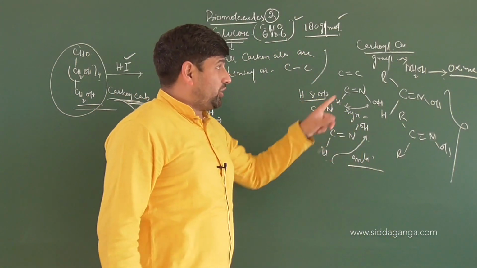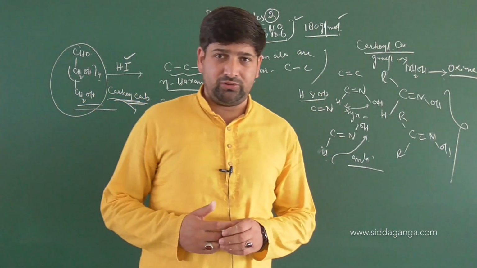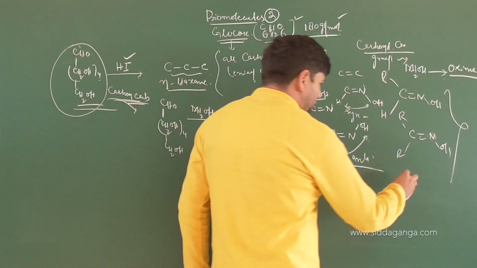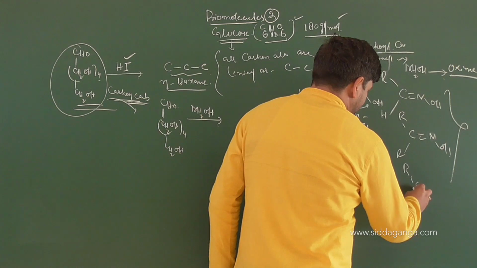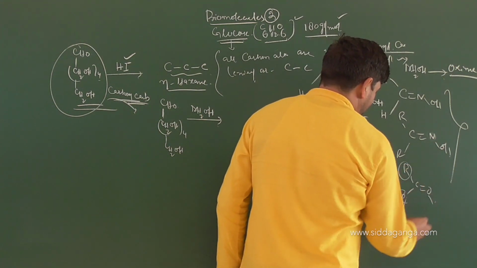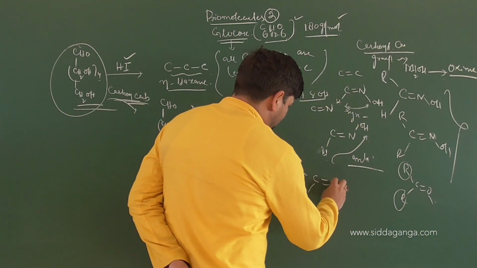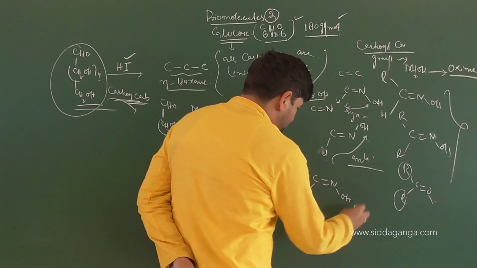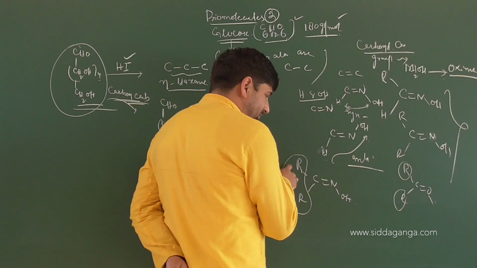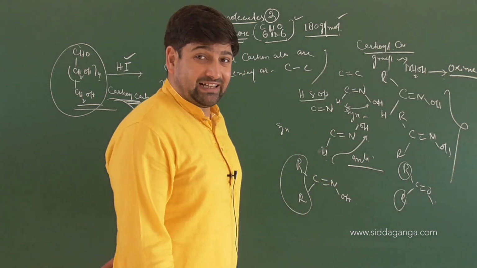However, in a ketone, when the oxime is made, there is no geometrical isomerism possible. In a ketone, there is no possibility of geometrical isomerism, because around the ketone, the groups present are R, C, R, double bond O. So you don't have H. Obviously, when the oxime is made, it will be R, C, R, single bond N, and you will get OH. This is also an oxime. However, if this is a simple ketone, then classifying a simple ketone as syn and anti is not possible. Then what exactly needs to be done?